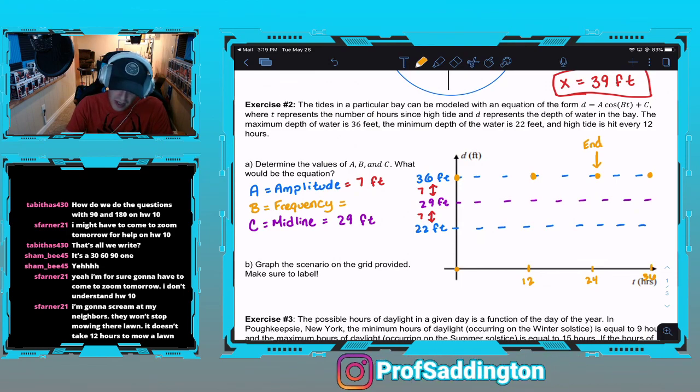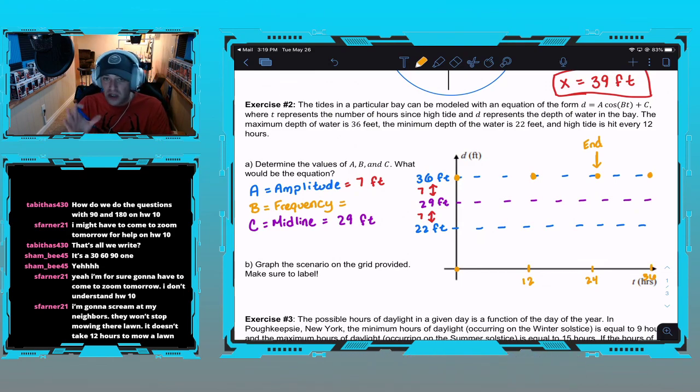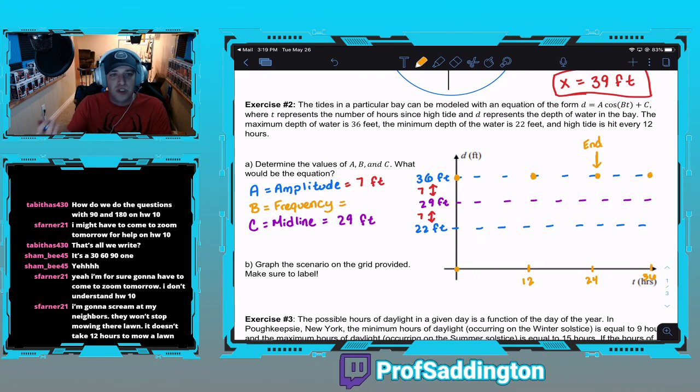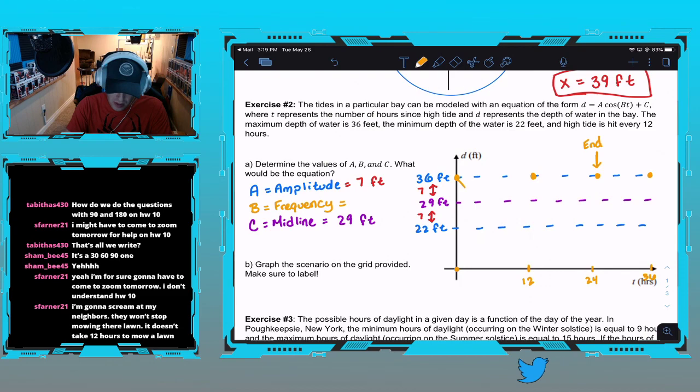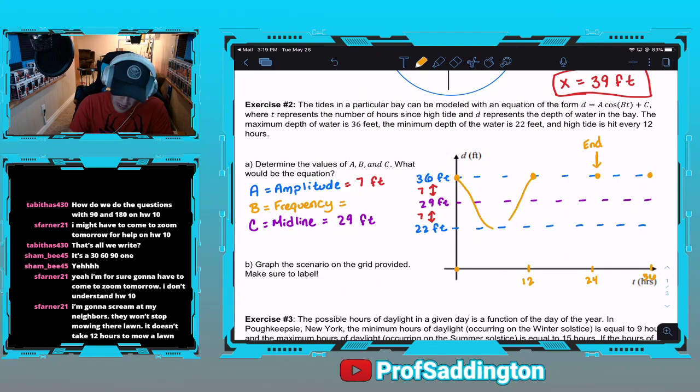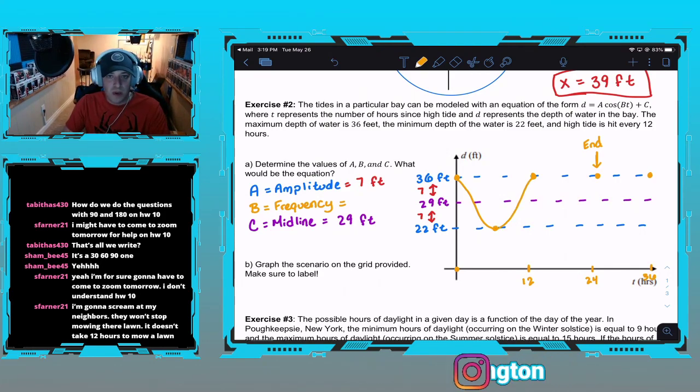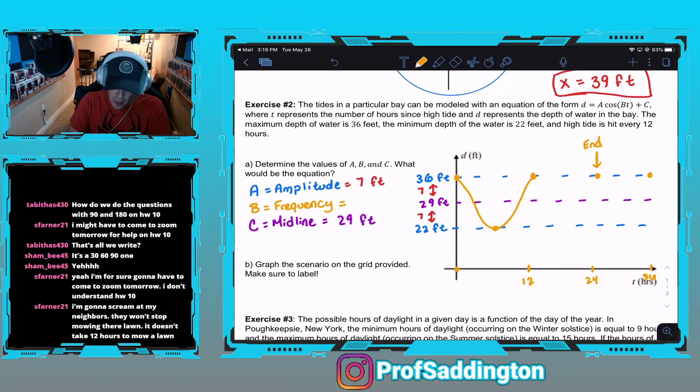Now it's going to go down. We don't need to know what the numbers are in the middle because we're just trying to graph the scenario. So I'm going down all the way to its lowest peak, and then eventually it's going to go back up. So it's going to make it all the way to the bottom, and it's going to go all the way back up. I mean, we can label what that number is going to be right here because we know that